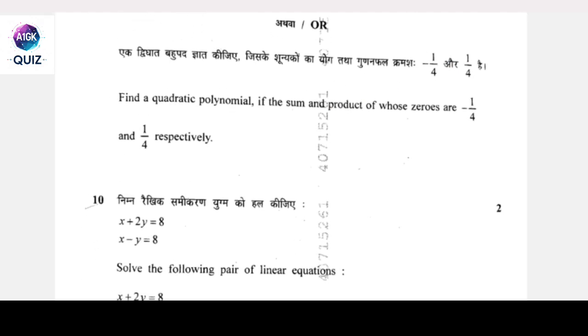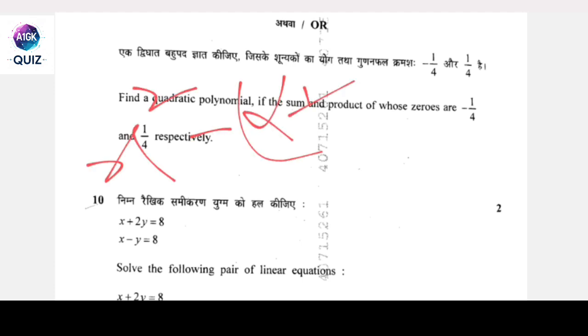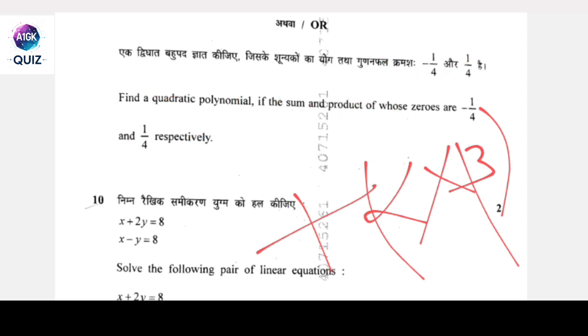Or find a quadratic polynomial if the sum and the product of zeros are minus 1 upon 4 and 1 upon 4 respectively. Using the quadratic formula x square minus (alpha plus beta) into x plus alpha into beta, we get, putting the value: sum of zeros, that means alpha plus beta, is equal to minus 1 upon 4 here, and alpha into beta, that is 1 upon 4 here, we get